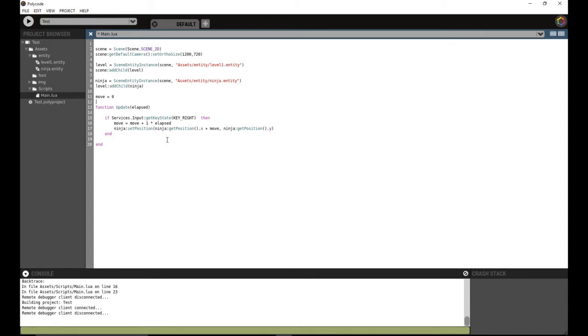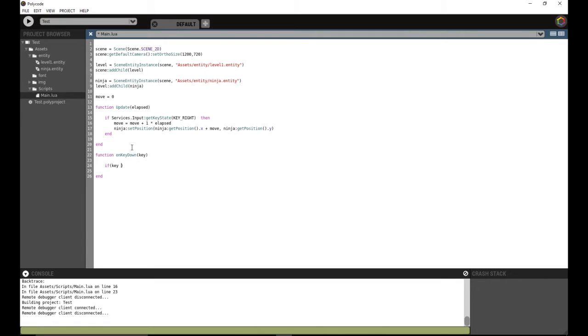So in Lua, you can say function on key down, and this has a parameter of key. Say end. Okay. So in here, I'm going to say if